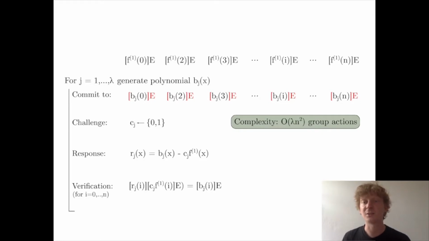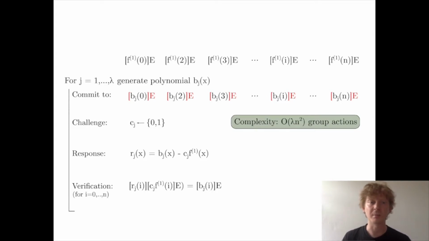lambda times n squared. This is mainly due to the commitment step where we have to perform n group actions lambda times. So the second factor n comes in since every player has to complete this step, so we repeat the whole protocol n times. Since group actions, especially in the isogeny setting, are so expensive, we wanted to substitute them for